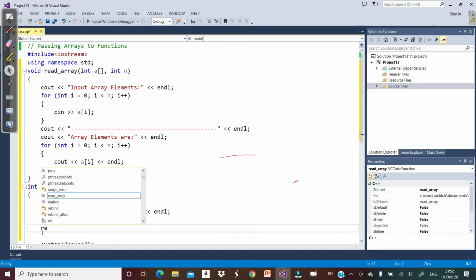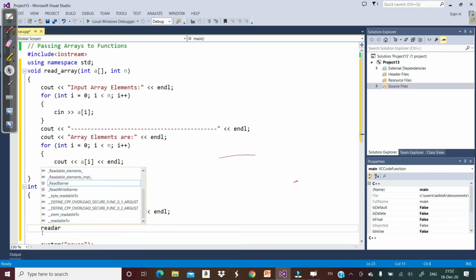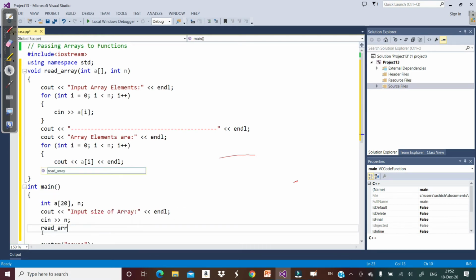We can call this read_array function. My function name is read_array, and that function takes two arguments. One is an array, and another one is size. So when we call it, we simply write array name and size of array. Do not write square brackets. But when you declare it, you should write a square bracket.